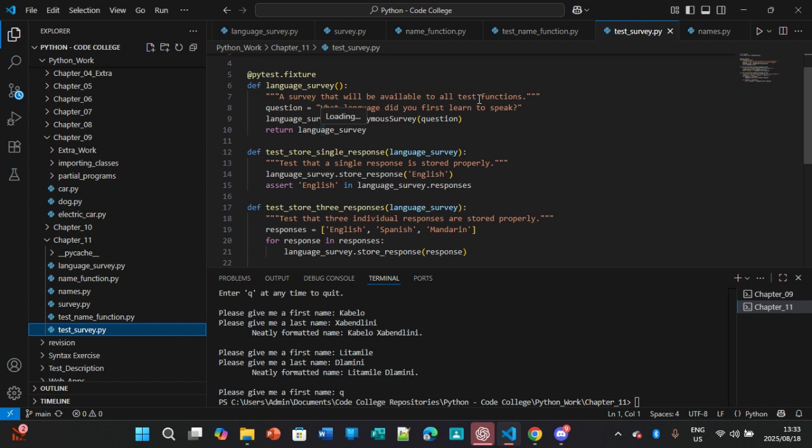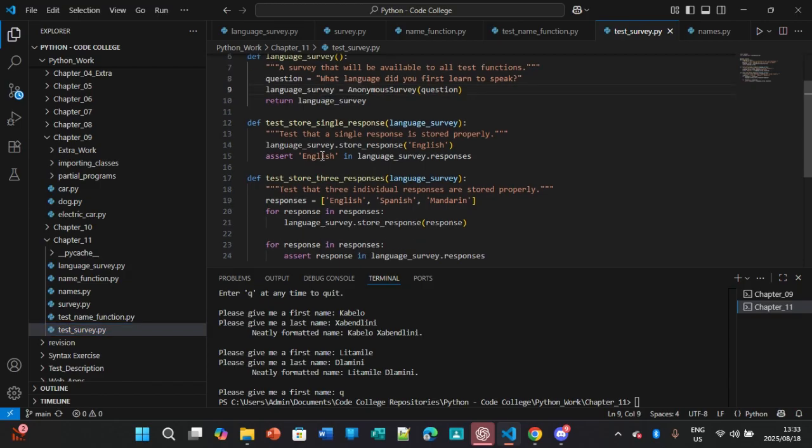Then def test_ language survey: test that a single response is stored properly. language_survey.store_response equals English in language_survey.responses. test_store_three_responses: language_survey, test that three individual responses